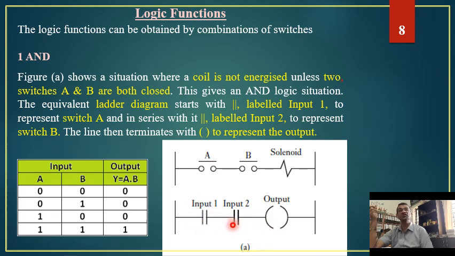The same is the situation when input 1 is there, or switch A is closed, but B is not. But when both inputs, switch A and switch B, are available, then both switches turn closed. When we have both the switches closed, then the current flows and we get the output. So that is why we can say that an AND operation is nothing but two normally open switches, A and B, connected in series with each other.